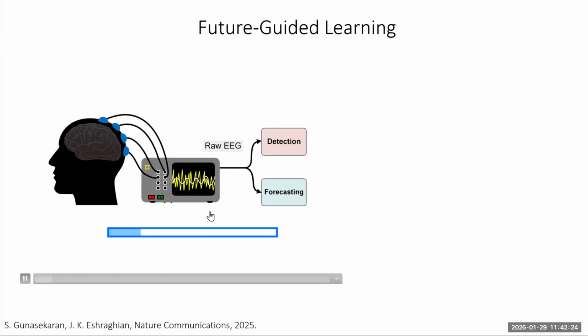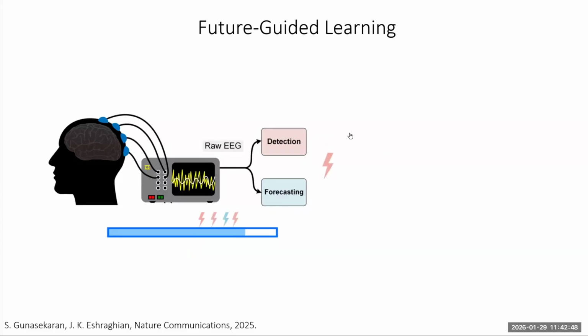Here's the setup. We start moving in time, and eventually the detection model says, "Ding, ding, ding, there's a seizure." But the problem with this picture is this: the forecasting model 30 minutes ago should have been able to predict that seizure. So if there is a mismatch between these two models, then we can use the detection label to update the forecasting model. And we just keep doing this over time. It's sort of like a continual learning problem now. And we're using the future to help guide a model that kind of sits in the relative past.